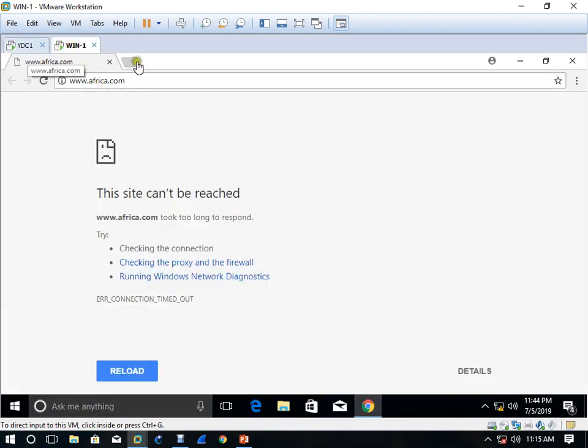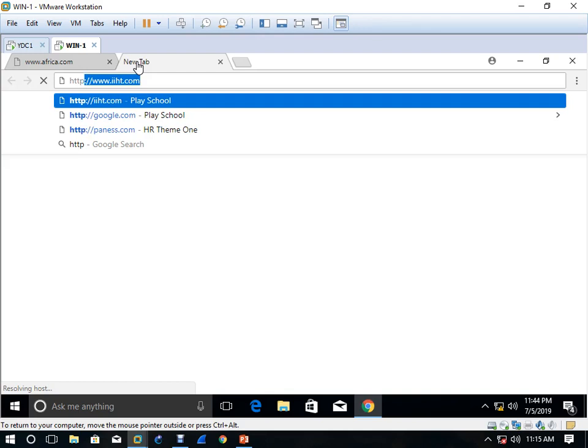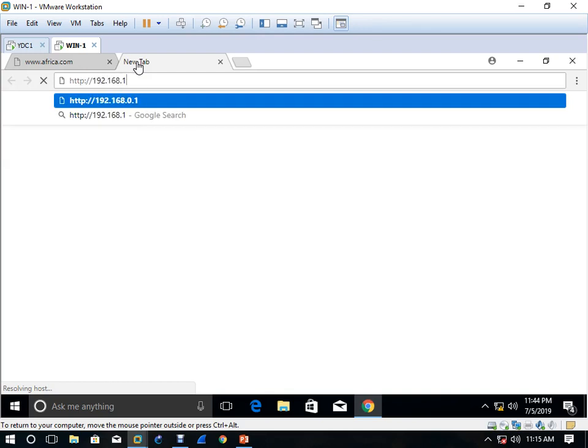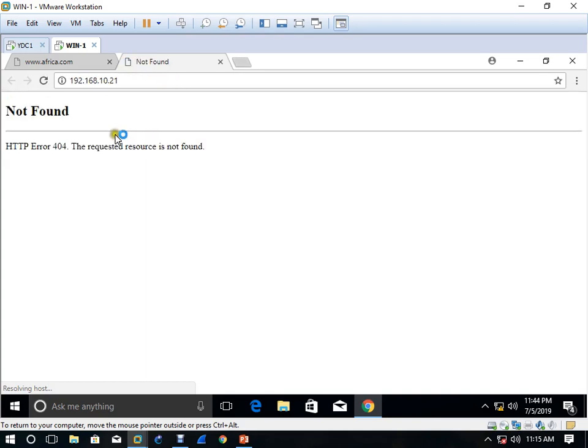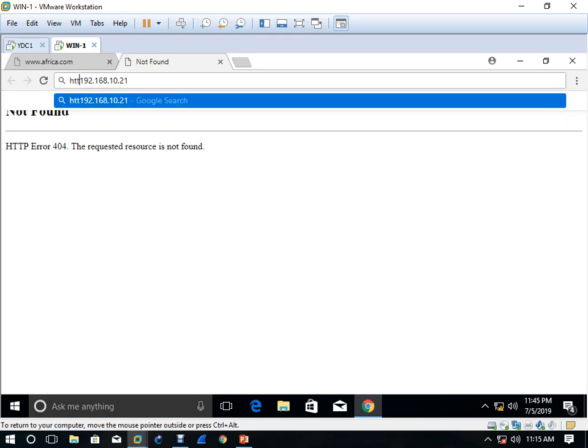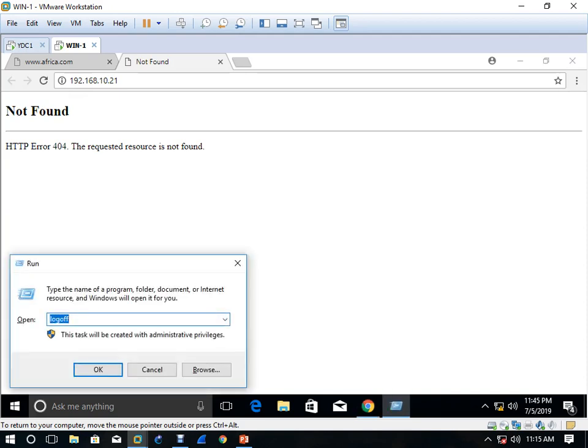Africa.com. What can we write here? HTTP colon double slash 192.168.10.21. Let's try with the IP. Is this able to ping that IP?